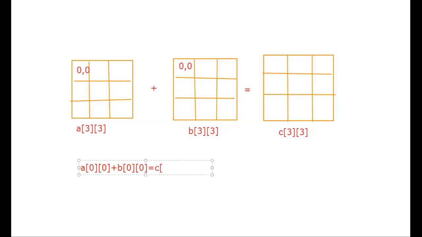Inside C of 0, 0. So whatever the result is, it is available inside this 0, 0. In this manner the two-dimensional addition works: the output is available inside the third one. Done with this, guys.